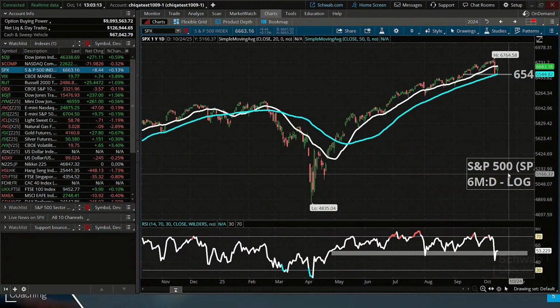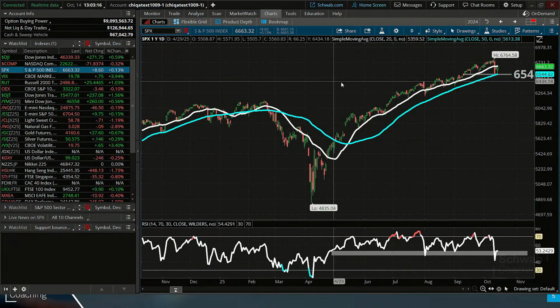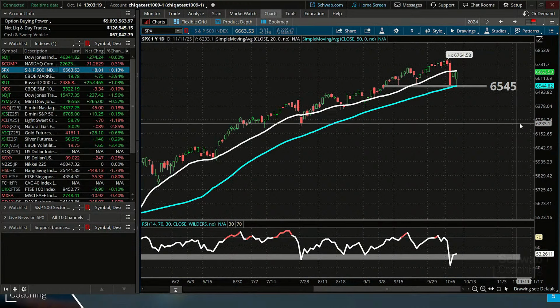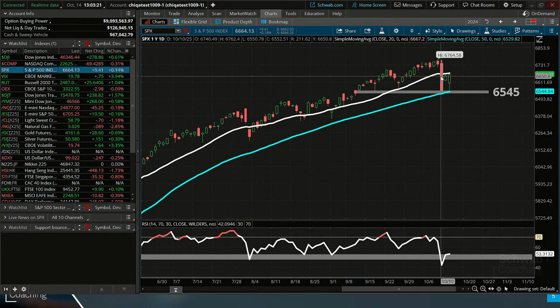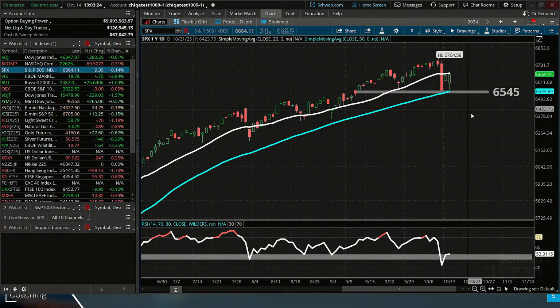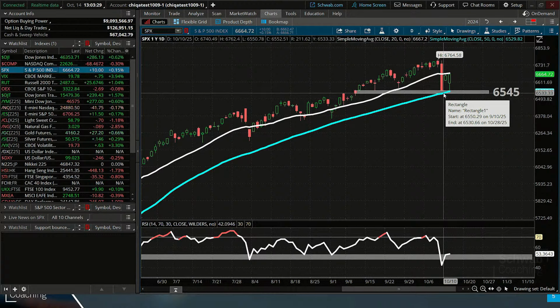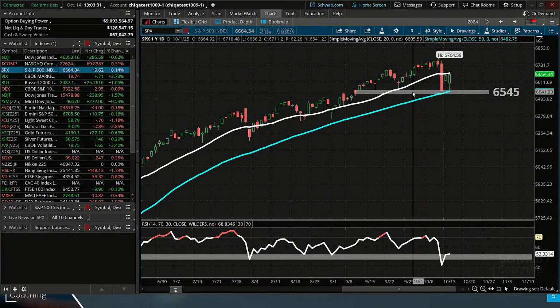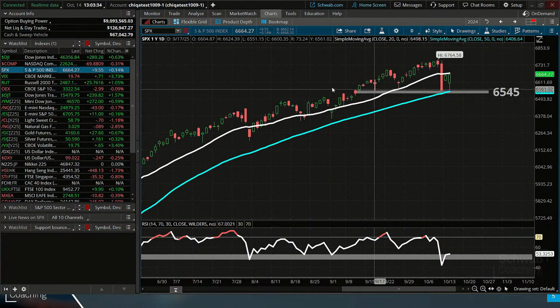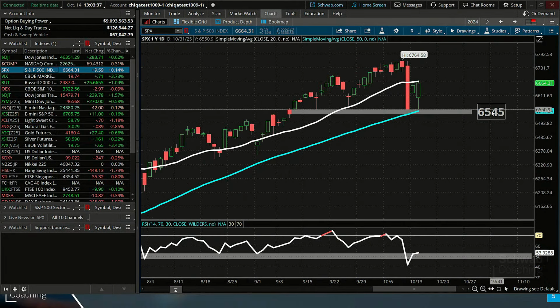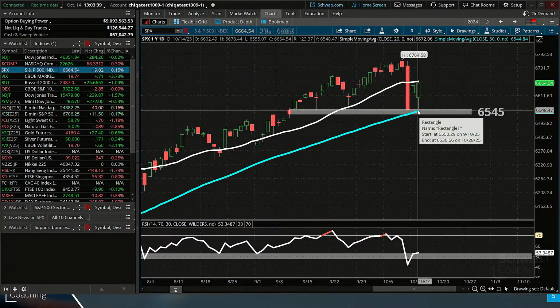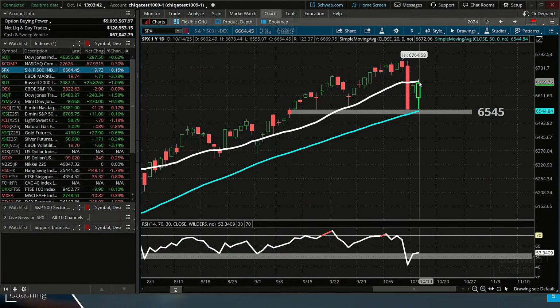Now, let's look at the S&P 500. So we saw kind of the same thing here with the S&P 500. We saw that break of that 20-period simple moving average, and then almost retesting that support at the 50-day moving average, but it's testing that horizontal support that we saw was touched a few times here, right around 6545, and it even kind of got near that range again today. But once again, battling with that 20-period simple moving average that we see there, just trying to climb back there.